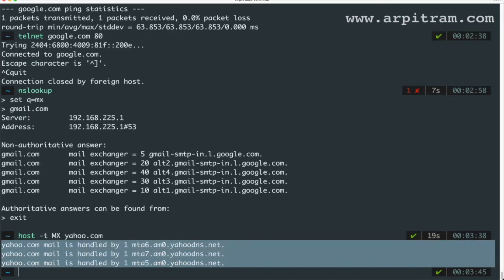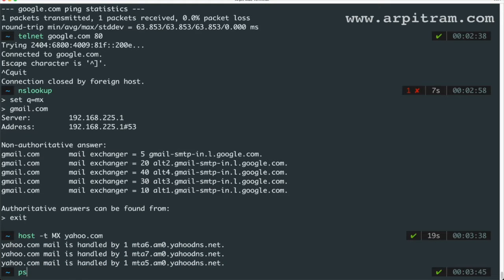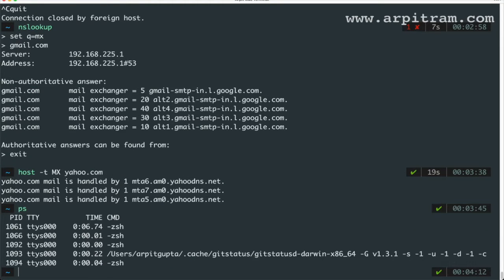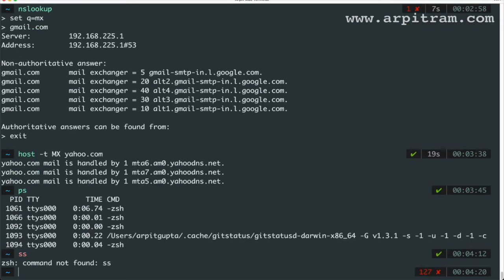These commands are always useful to the network guys or to the integrators, but I highly recommend developers also to know these commands, because they will help you in troubleshooting whenever you face issues related to ports. Even if you want to see the process, you can use the ps command also. If you are in Linux, you can use ps aux. You can also use the ss command, which is there in Linux, so you can try out these commands as well, right?